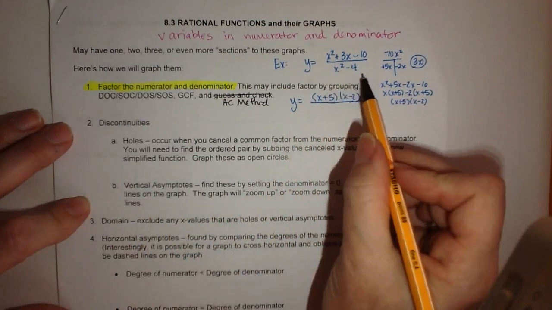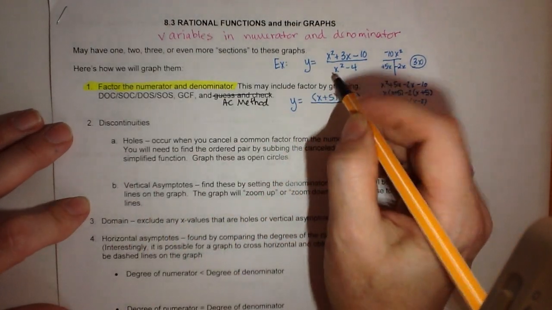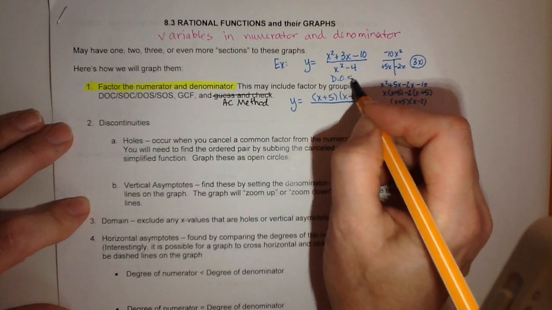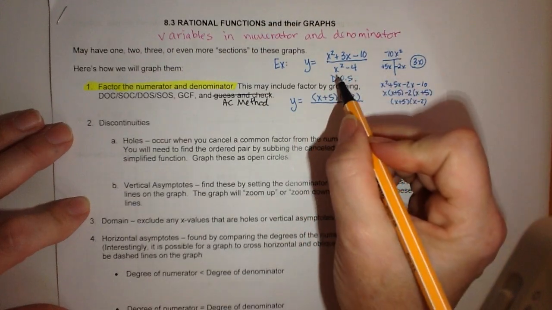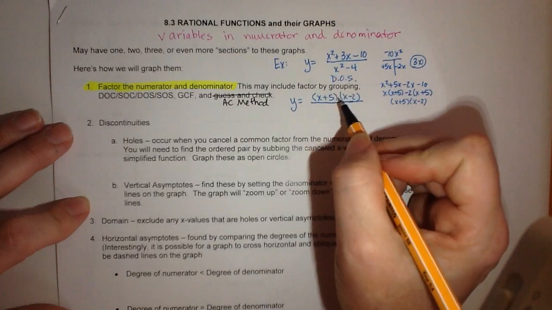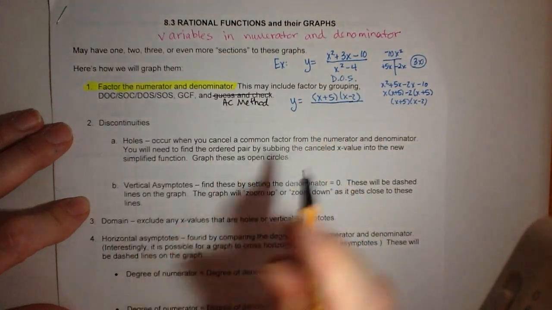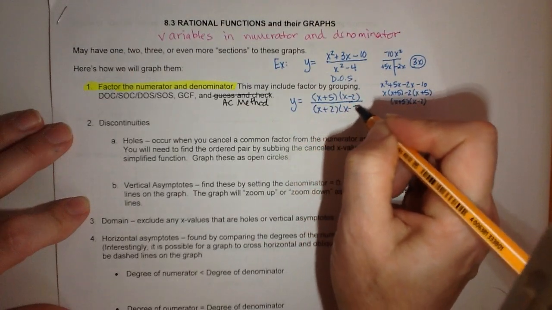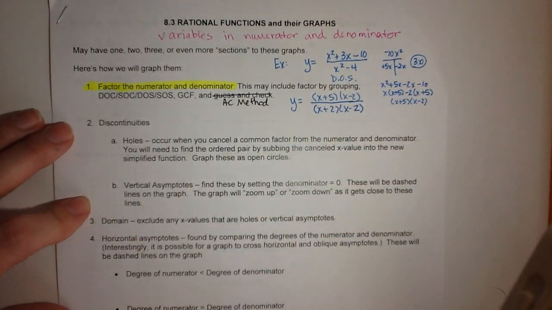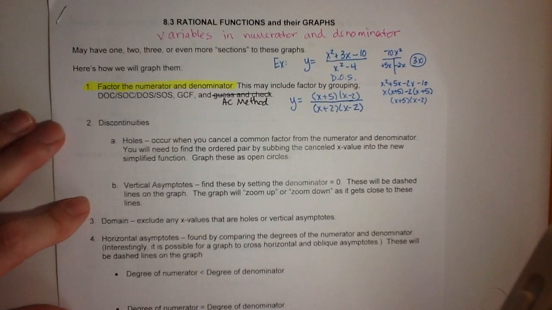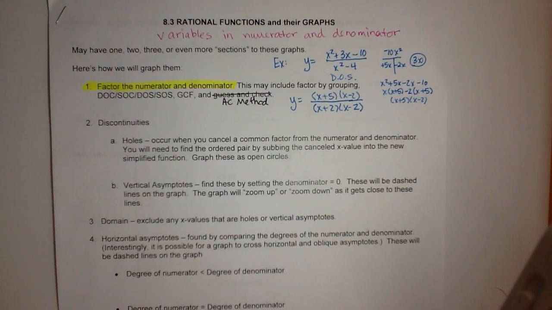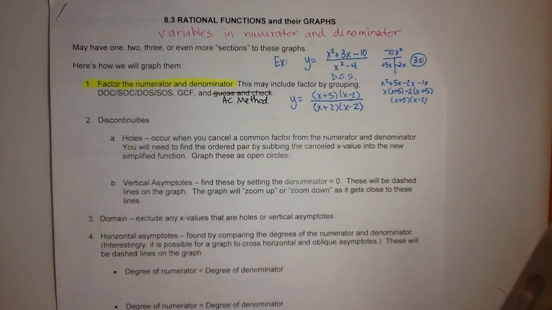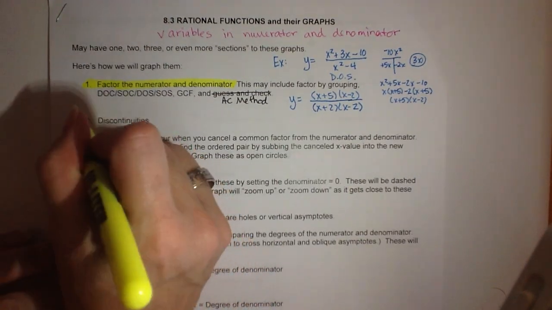The denominator does not have a GCF, and it has 2 terms. It's going to be difference of squares. So we're going to break down the x squared, that gives us x, break down the 4, that gives us 2. So it would be (x plus 2)(x minus 2). So once we have that factored, then we're going to move on to the next step, which is discontinuities. Step 2,